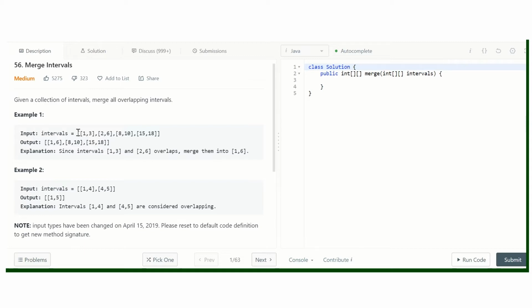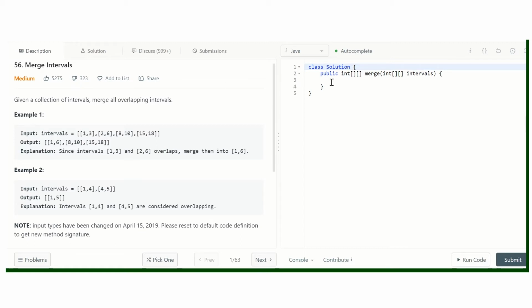If they are intersecting, then we try to find the maximum last point, because they are going to be merged. So we need to consider the furthest end, and we'll keep track of the furthest end. Otherwise, if they are not intersecting, then we simply add the previous interval into our answer, and we'll check the next intervals. In this way we will proceed.